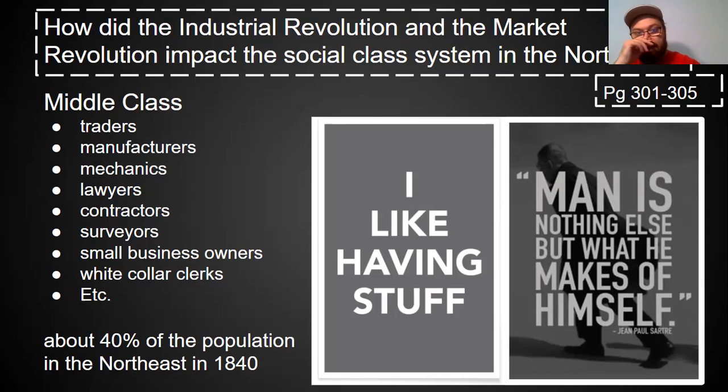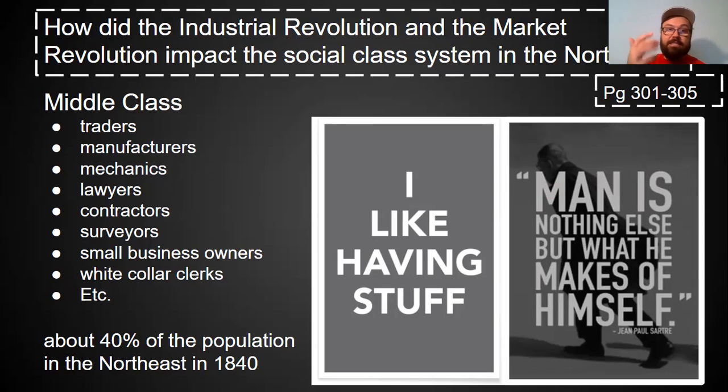So a couple of aspects of the culture that's emerging around the middle class during this time period. You can see things changing from the way society used to be. First is this obsession with things, right? Like what we would today call consumerism, which will emerge in the 1890s. So we're not quite there yet, but it's a very similar concept where the way to identify yourself and to set yourself apart from others is to have more stuff than them, and not just more stuff, but nicer stuff, right? So whatever that would be in the 1840s, I don't know.